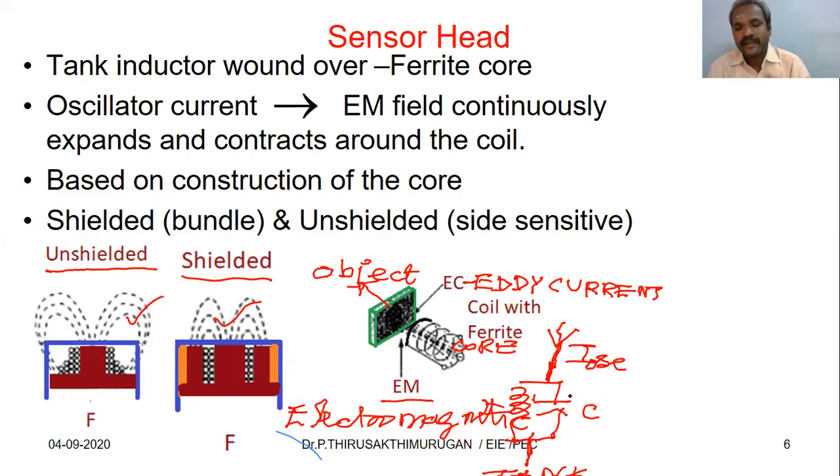An electromagnetic field is generated continuously, which may expand or contract depending on the conditions. So consider when metal is approaching the coil, the sensor head. When the object is far away,